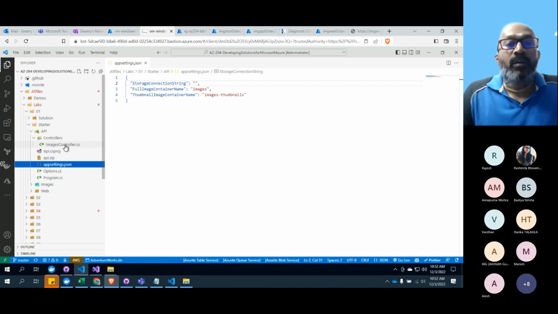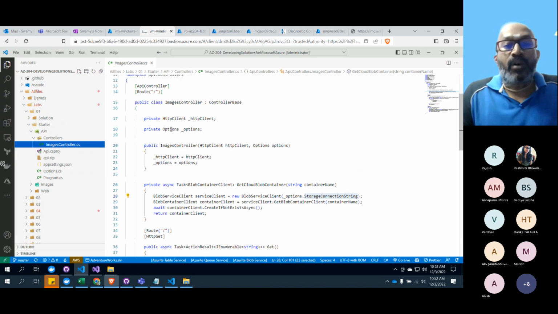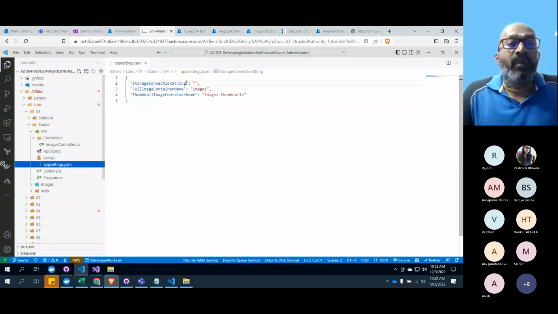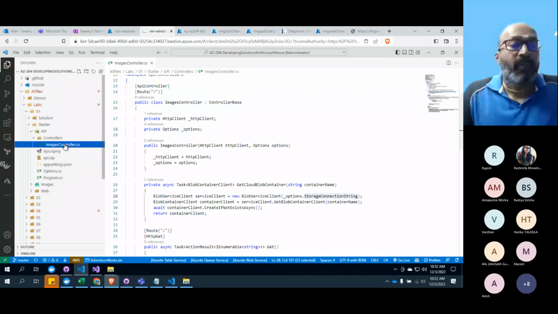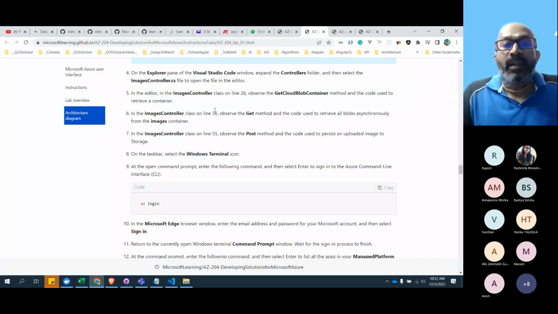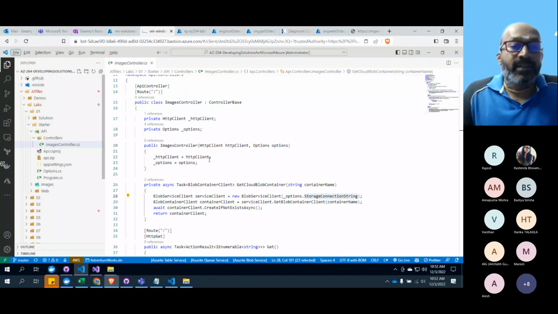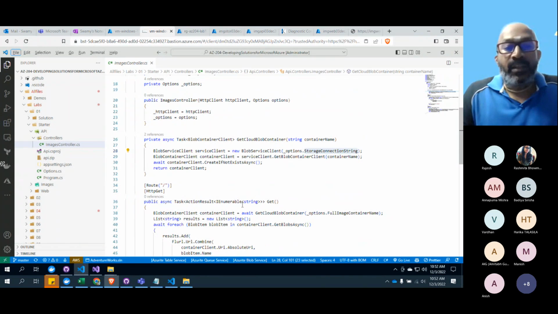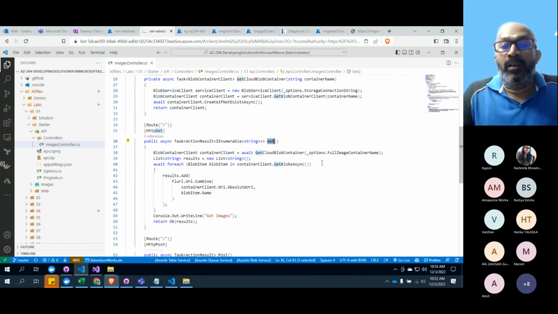That is what these options are reading, options.ConnectionString. That means technically it is reading it from here. That's one piece. And the second piece is line 36, which brings in all the images, and we are using the container image.